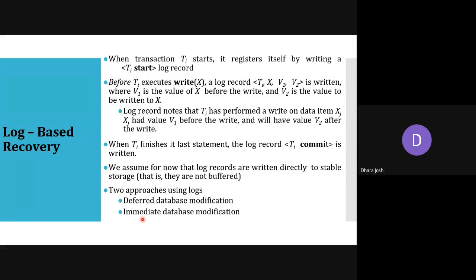That means save. We are confirming that we want to make the changes in the database. Till then we are waiting, delaying the write operation. And in immediate database modification, when we write write data item A, the values immediately change in the database. Both approaches have their own advantages and disadvantages. We'll discuss this later.